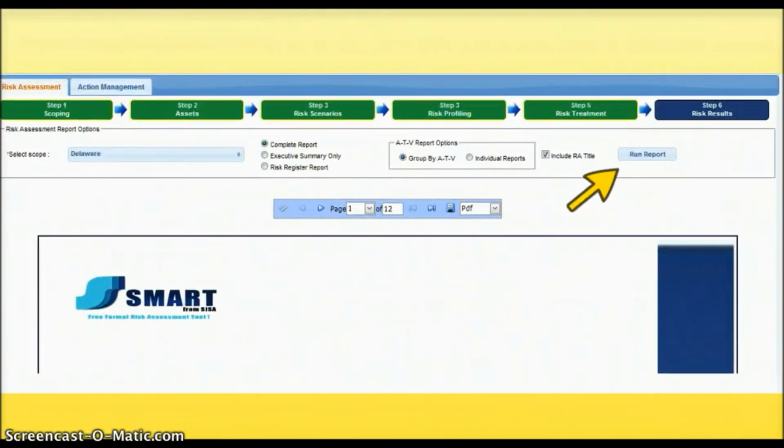Smart RA's risk assessment reports are simple to generate and can be customized as per your requirement, so you no longer need to rework reports every time but can generate them on the fly. But in case you need to make small changes, it enables you to export them into editable formats so that you can rework them and give them the shape that you want.